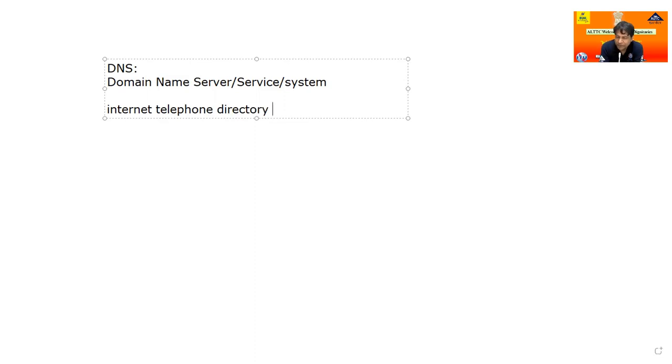This is hopefully very easy to understand. In the current scenario of modern IT data communication, the minimum requirement for communication is the IP address. Without an IP address, nobody can communicate from one location to another.